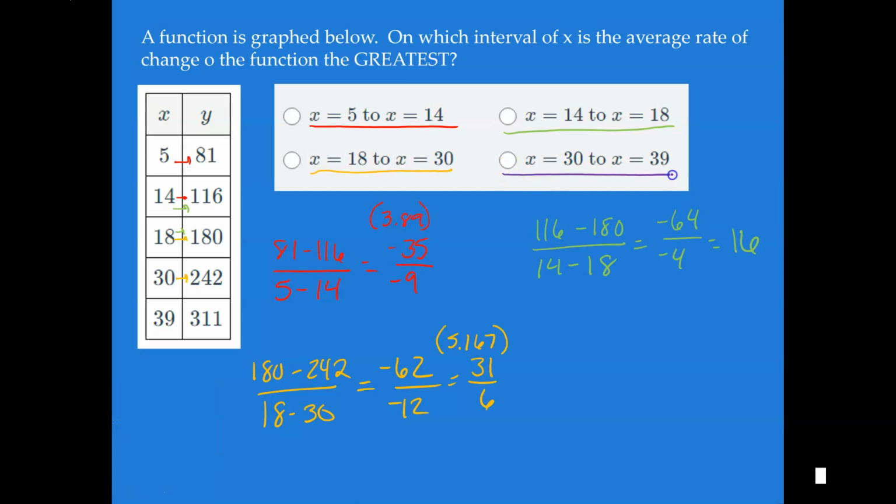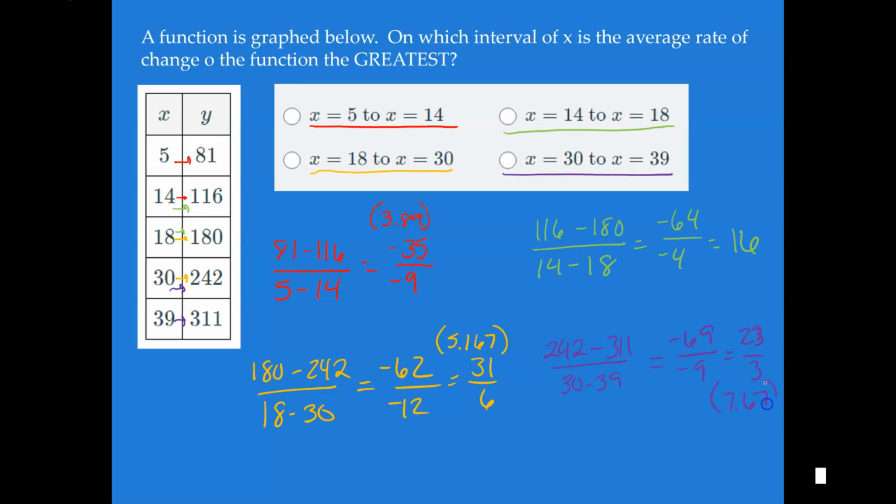Okay, so now last one in this example, and let's do purple. So I'm going to do this guy right here, 30 to 39, so we're going to put on the denominator 30 minus 39. Find 30's pair, which is 242. 39's pair is 311. Use our calculator. Had a student who used to say that all the time. 30 minus 39. Let's see, 69 divided by 9. Wait, I don't think it can. Yeah, it can reduce. So it reduces down to 23 over 3,